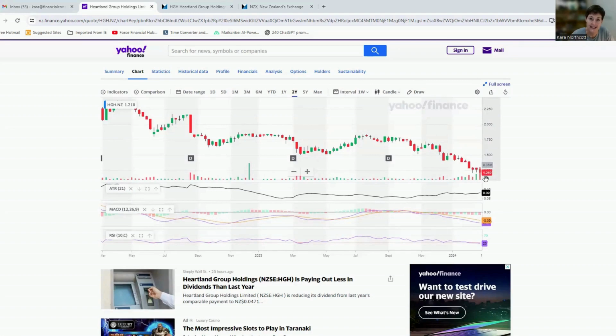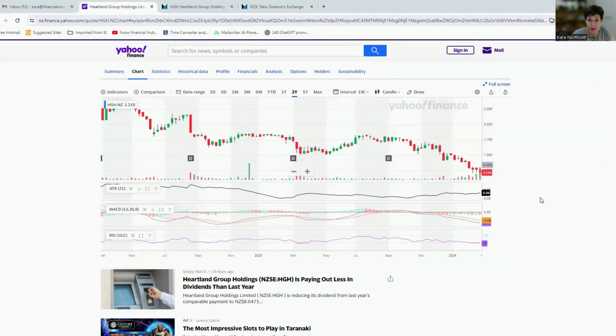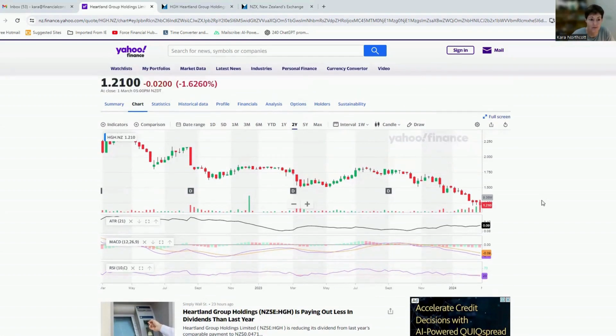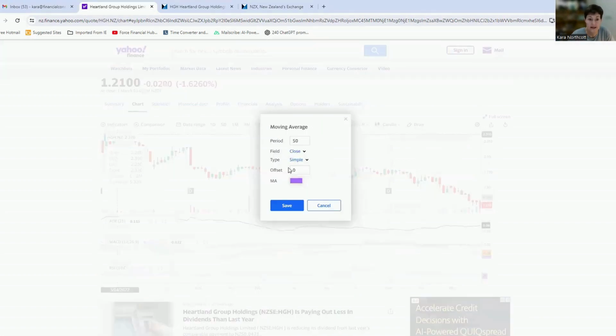And the thing that I've found is a lot of people will often say that, oh, at some point it's got to rebound. Well, that can happen, but it can also keep tracking down. And I'm not one to try and pick markets or anything like that. If a share's in a downtrend like Heartland Group is, then it's something that I certainly want to stay away from. But an indicator that we can put on, and I use it quite a bit, is the exponential